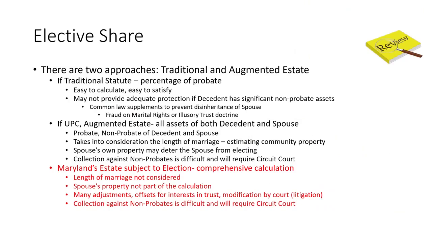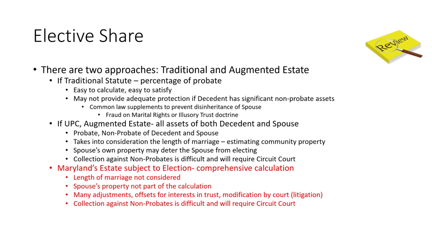All right, so just as a review for the elective share, there are two main approaches, the traditional and the augmented. The traditional is something that Maryland followed until 2020, very easy to calculate, however, does not provide adequate protection, and common law supplements which require litigation are necessary. Maryland followed the fraud on marital rights theory in Nell v. Price. Other jurisdictions use something called illusory trust so that it's bringing those non-probate assets back in for purposes of